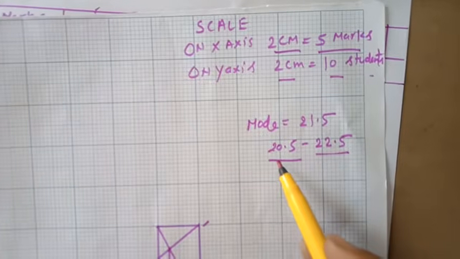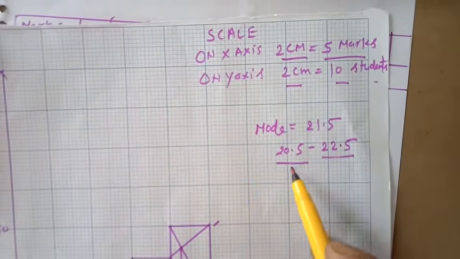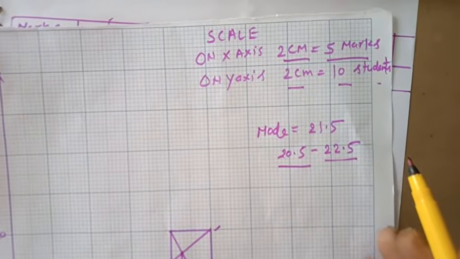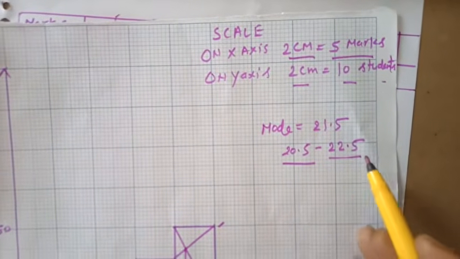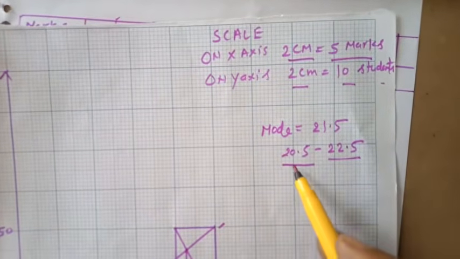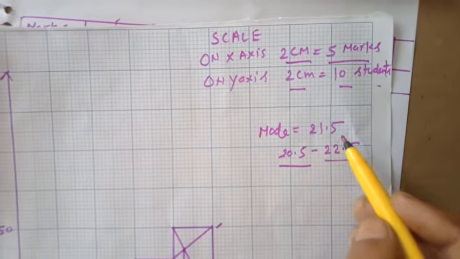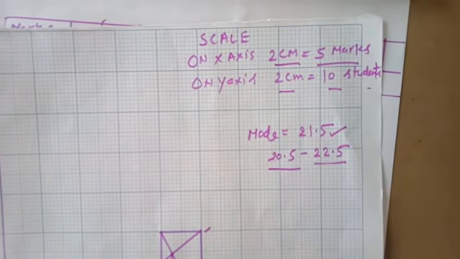It may be up to 0.5 plus or minus also. For small values it may be 0.5, and for bigger values it may be plus or minus 1 also. So that is up to the exam council. So you have to take your value, what you get, that is the correct value.